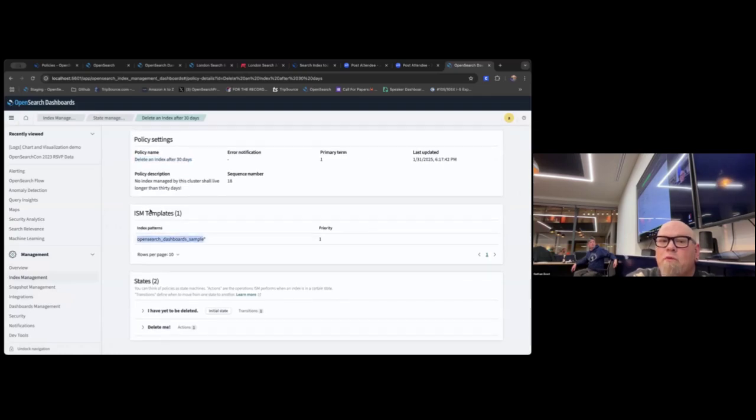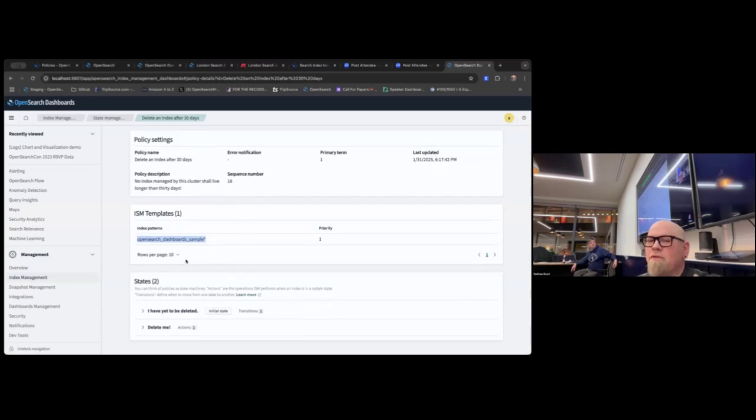And so what I've created here is an index state management template. You can have policies cover indices if they match a particular naming style. So OpenSearch _dashboards_sample star: if I create any new index that follows that naming convention, it will automatically be covered by this policy.